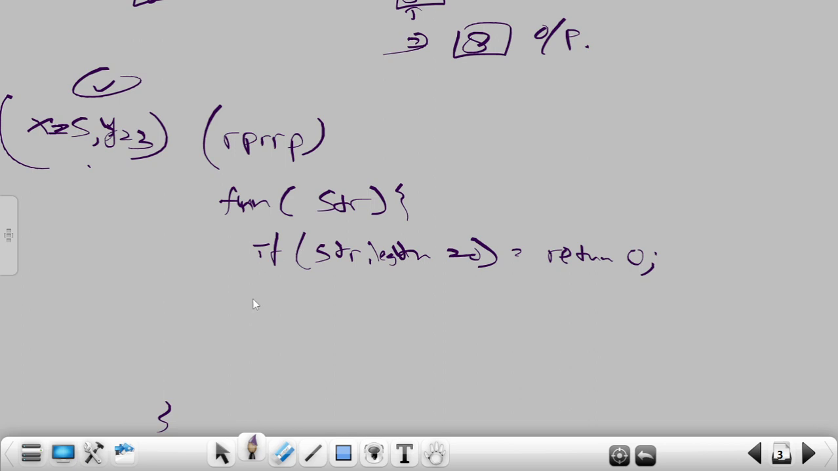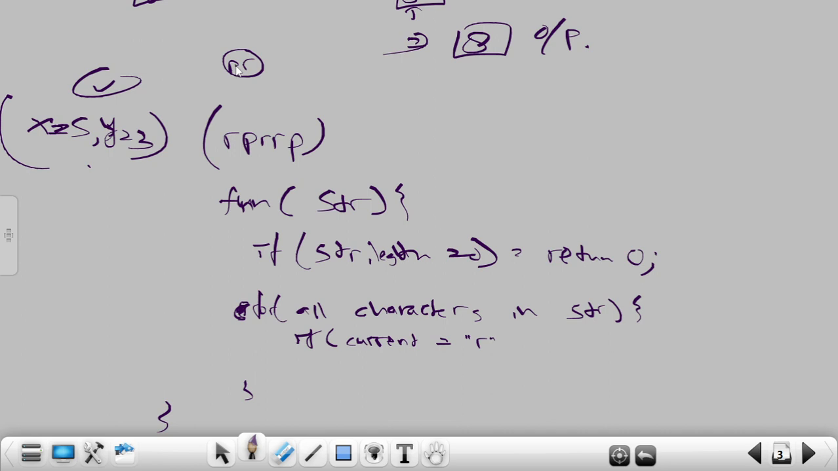Now one thing that I can do is I can iterate over all the characters. So for all characters in str, actually it is a for loop. So for all characters in str, if current character is equal to r, this is the code that I am showing you for the rp. Like I will search for rp. No, actually this is wrong, but let me write this. If current is equal to r and next to current, which is my next character, is equal to p, then